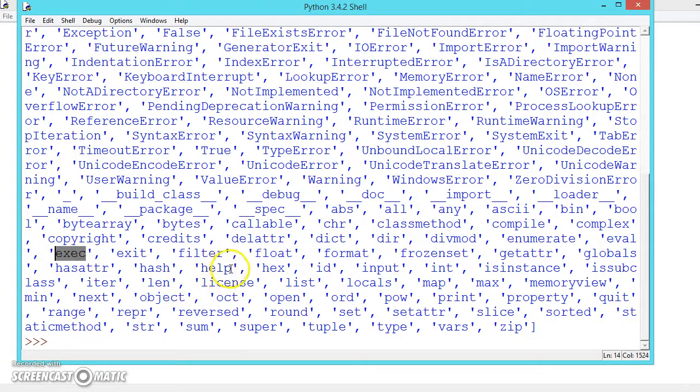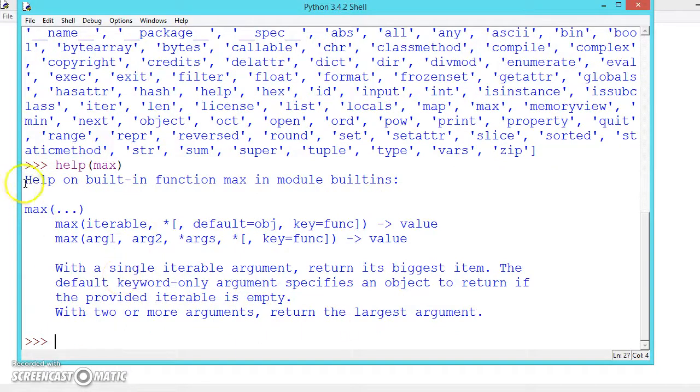So here see, there is a function called help. We can use help, type help and inside the bracket, because it is a function. If you want to know what the max function is, press enter, and it will give all the details about that function.